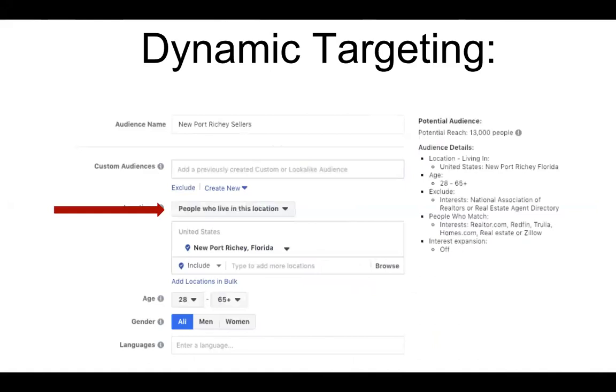Now, demographically, you can and should marry it to the type of clientele, the potential clients that you want for your business. So if you're looking to attract and connect and do business with people that are downsizing, well, then you may change this age range to 50 to 65 plus. If you're looking for first-time home buyers or move-up buyers, you may change it to 25 to 40, right? There's no right or wrong answer with that component. It's just what makes most sense for you and your business.